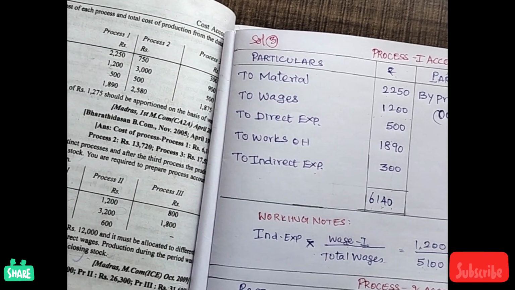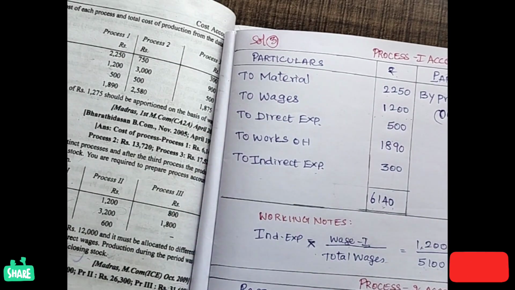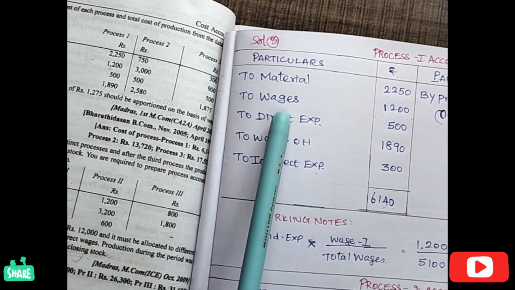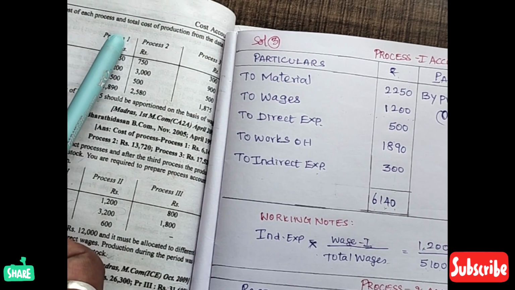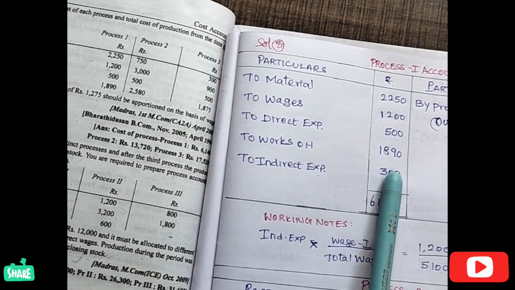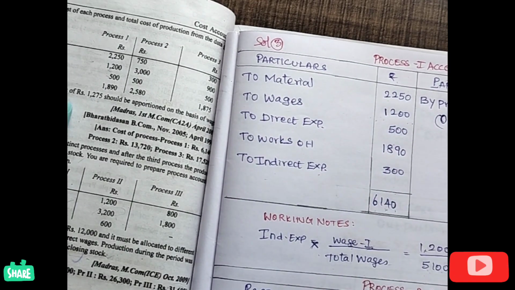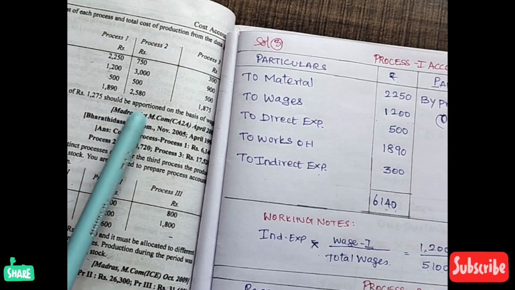So the process format I already explained to you clearly; as per the format you entered here. Process 1 account, now we are going to prepare. So material, wages, direct expenses, works overhead taken from process 1 and enter on the debit side of the process 1 account. After entering, they have given the additional information, that means indirect expenses rupees 1,275 should be apportioned on the